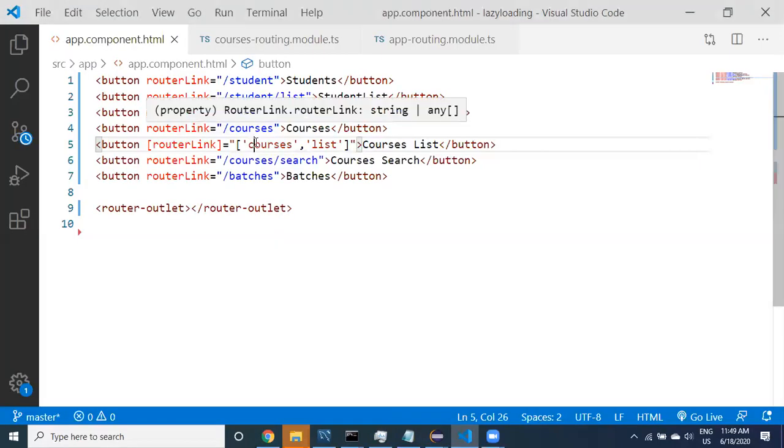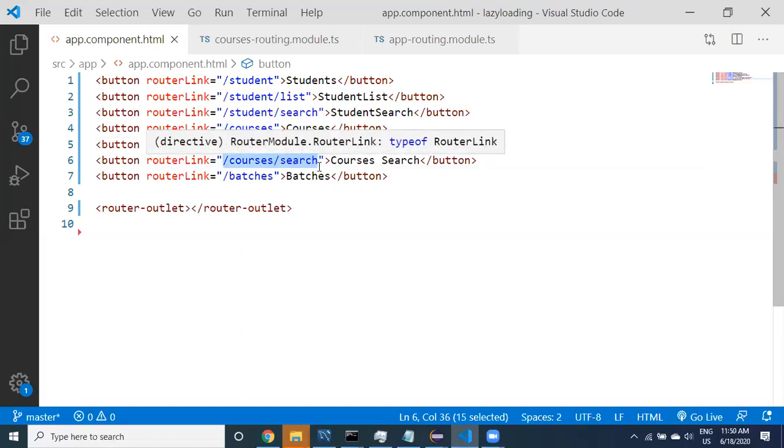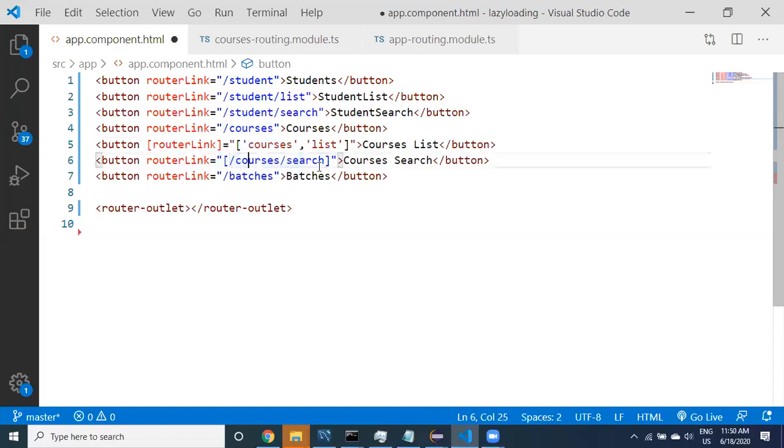The same way, let us provide all these things. How can I provide it? Within the double quotes, already we have opened double quotes, right? We can provide single quotes here. You can take like this, right? Here, guys, this is the courses, and then search.